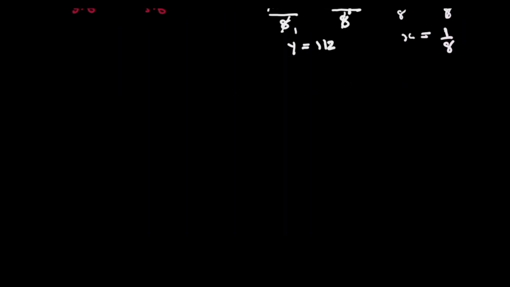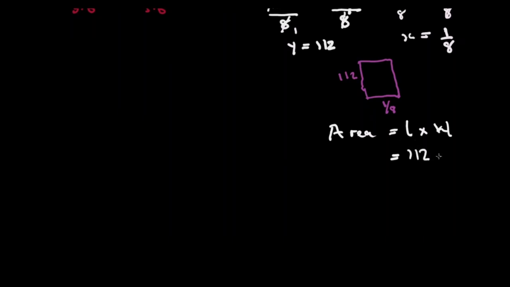So let us reproduce this. This will be how these numbers will be represented on our map. It will be 1 1/2 and 1 over 8. But we already know, as a matter of assumed knowledge, that area is equal to length times width. So our area here, or our length rather, is 1 1/2 and our width is 1 over 8.